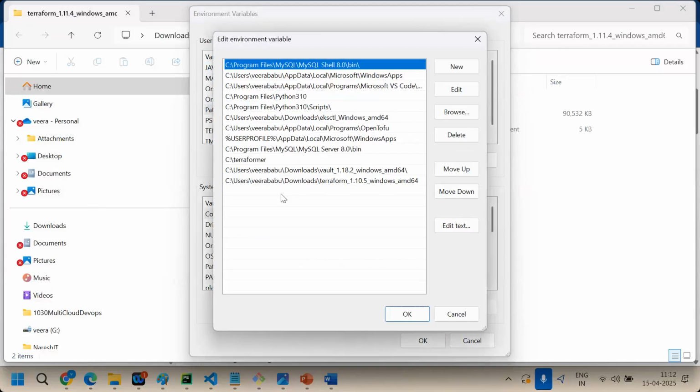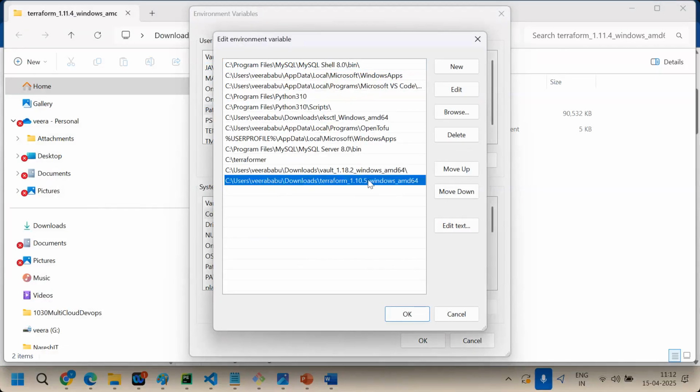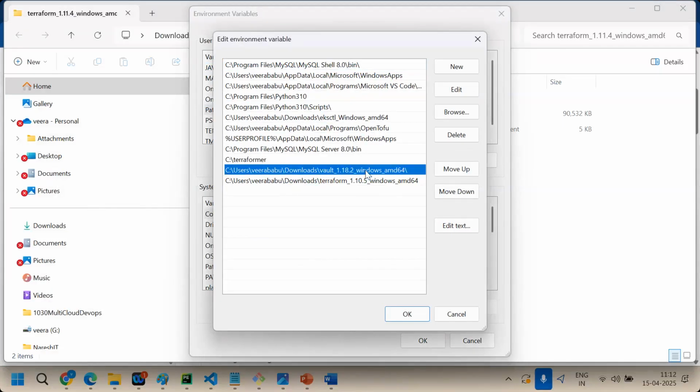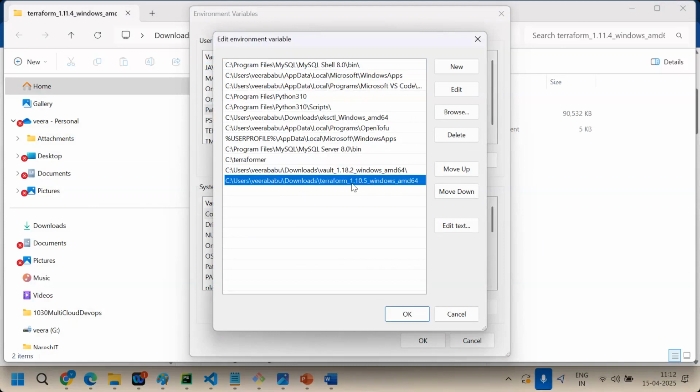So on my end, if you can see, 1.11.8.2 version is already there. This is Vault again. 1.10.5 is already there, Terraform. So you can add a new one here. 1.10.5 is the old version. 1.11.4 is the latest version.